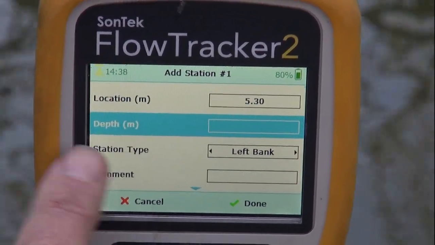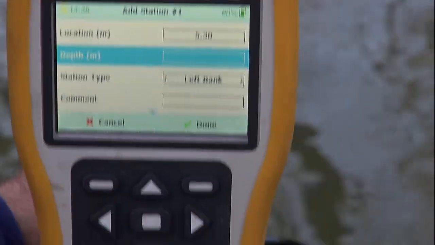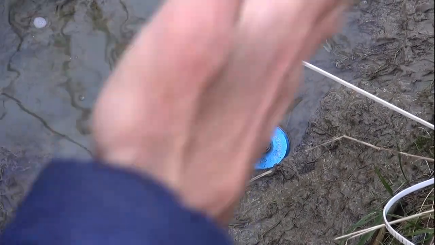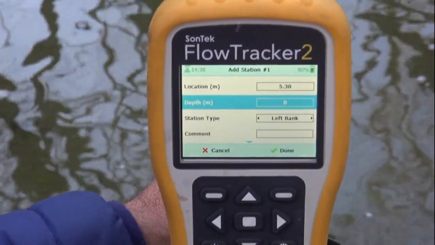We use our down arrow button to highlight the depth field, and in this case our water's edge depth is 0. We come up to a triangular shaped bank. Sometimes if you have a vertical bank you might have a depth that you can measure there, so you'd want to input that information. For this particular case I'm putting in 0,